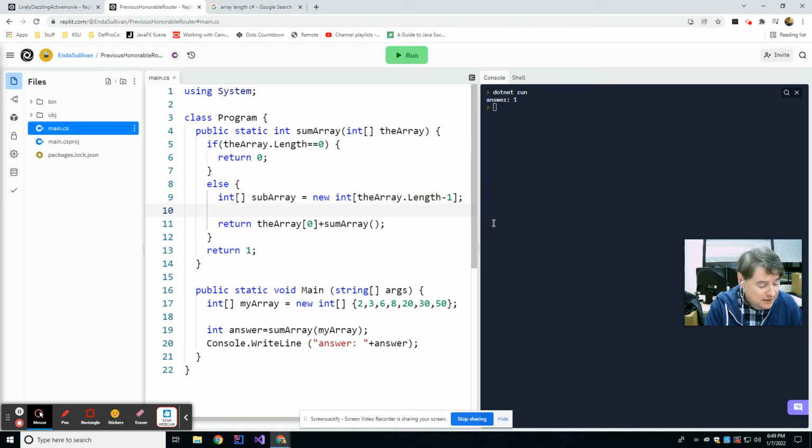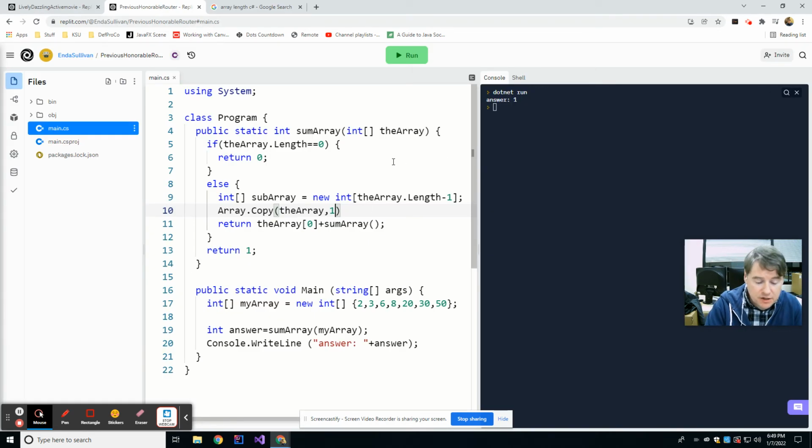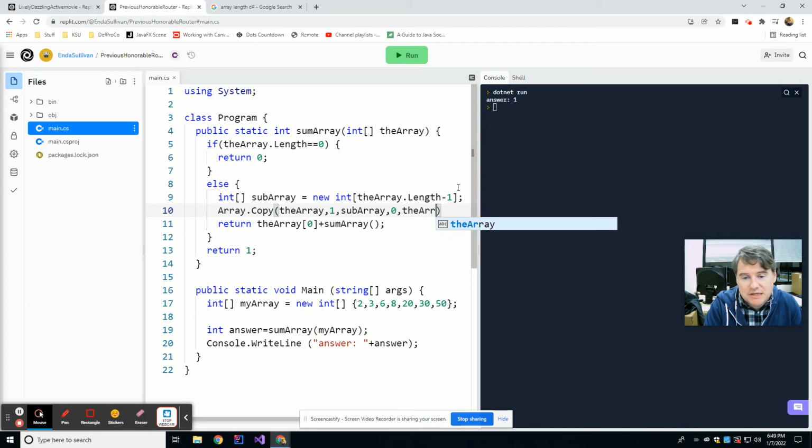All right, now that I have that, I'm going to say Array.Copy. It takes a bunch of parameters. The first parameter is the array that you want to copy from, which in this case is the array. Second parameter is where you want to start copying in the original array, which is in cell 1, not cell 0, because I want to take cell 1. I'm trying to make this array from that array. So I'm starting on cell 1. The third parameter is the new array that you want it to copy into, which we're calling subarray. That's what I just created right here on the line before it. The fourth parameter is where you want to start the copy in the new array, which is cell 0. And the fifth parameter is how many cells you want to copy, which again is going to be the array.Length